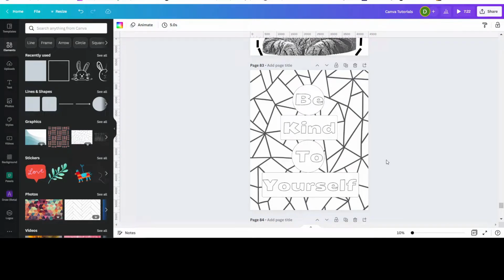Hello everybody. In today's tutorial, we will be looking at how to create coloring pages on Canva. Now this is a very simple coloring page. It's got patterns, it's got words, and it's got shapes around it so that it doesn't blend into the background